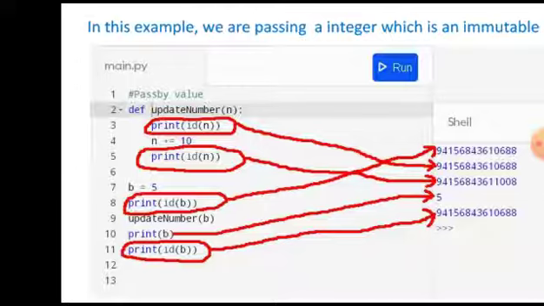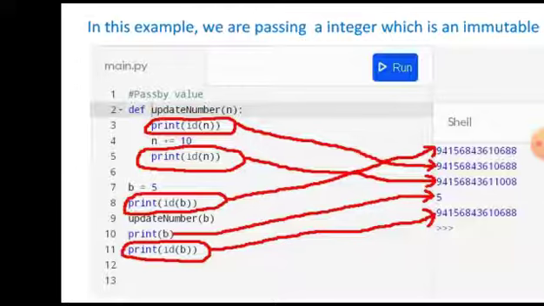That is why both have different IDs. b has a different ID, and n inside the function had a different ID. So after we come out of the function, when you print b, it still has the value of the original object only. The value of the original object was 5, which b was initially assigned. So it is still holding that initial value, and the same thing is printed here. Now when you print the ID of b, it will again give you the same memory location which was there for the initial value when the object was created. Whatever ID it had at the start, the same ID it will have at the end.